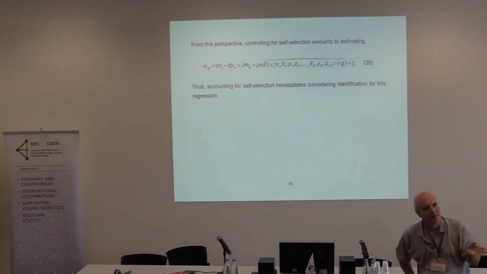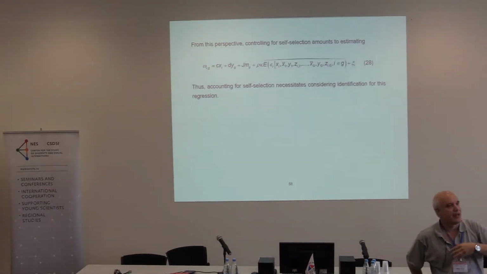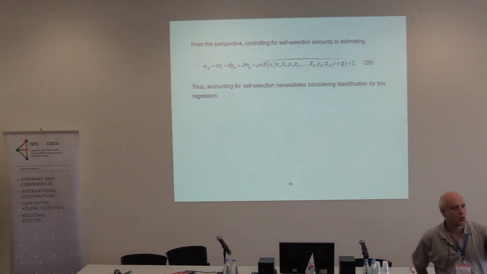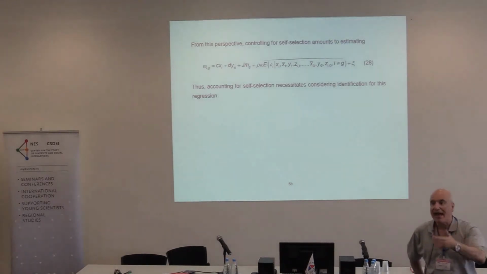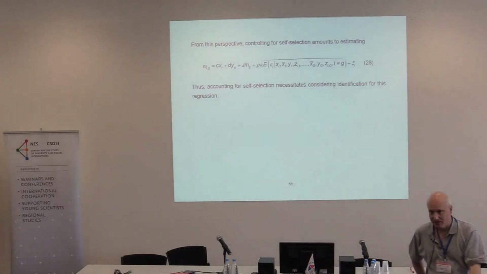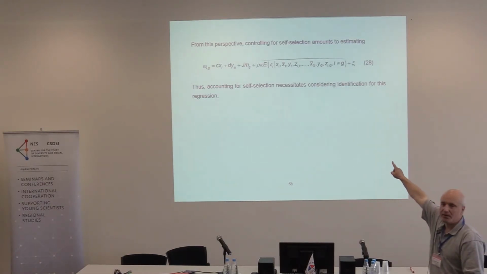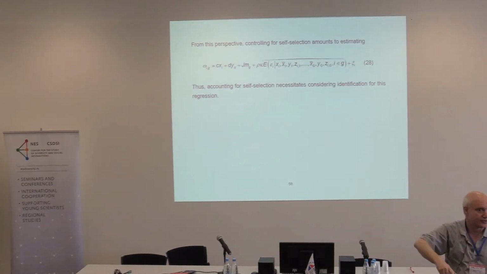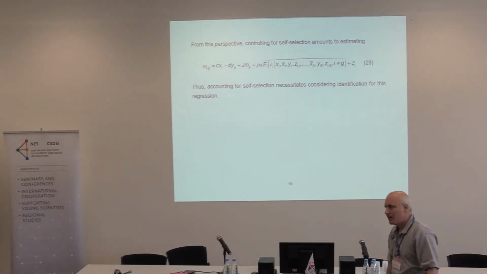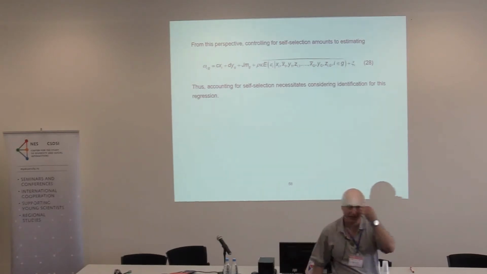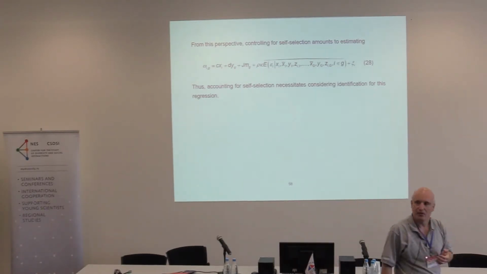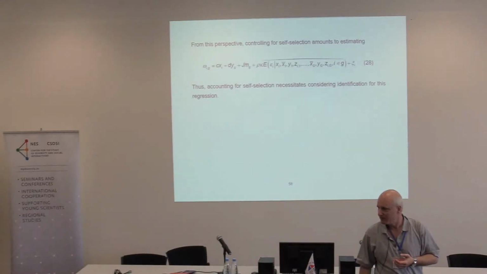Before I go on, does everyone see that in the presence of self-selection, if I were to engage in a self-selection correction, what I do in essence is add a regressor to the equation? If there was no self-selection, that regressor wouldn't appear. That's our initial equation, and we have conditions for identification. In the presence of self-selection, we add a regressor. By the way, are we done, or is there something else we have to figure out? There's something else we have to figure out. That's a new equation.